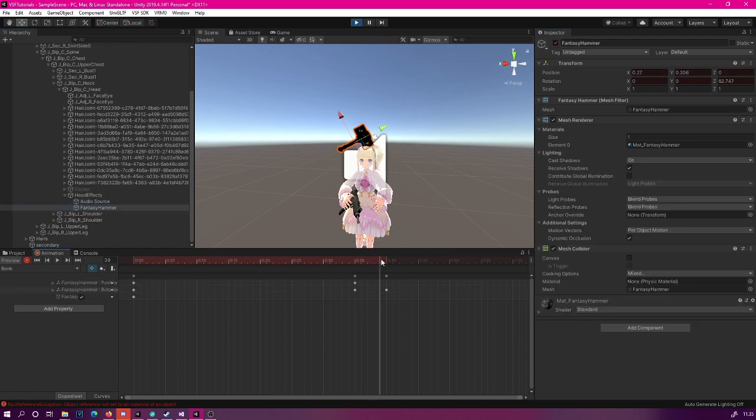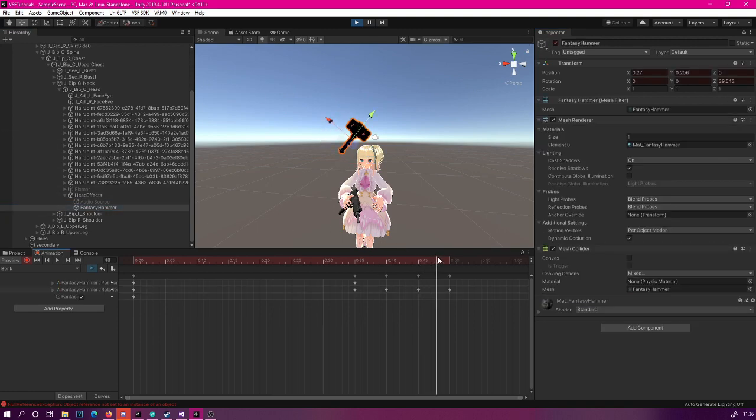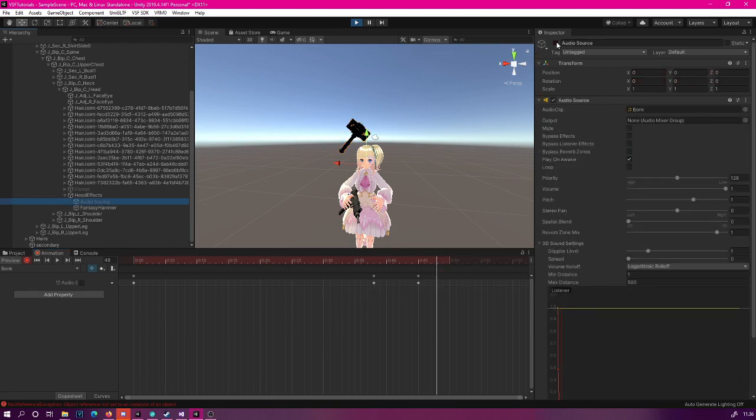Okay, so now we're gonna do a second bonk. So let's move ahead again a little bit and reset the hammer to upwards position, like so. And then move ahead again and make the hammer go down again, like so. Now to repeat the sound, we need to actually turn the sound effect off. So let's return to the spot where the hammer is at the up position and click the audio source again. And now we're gonna make it inactive, like so. And now let's resume again to the middle of the bonks and then click the audio source again and make it available again, like so.